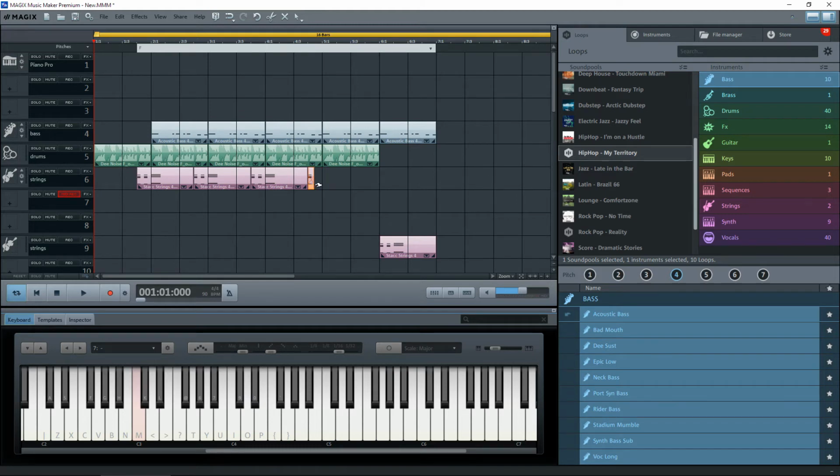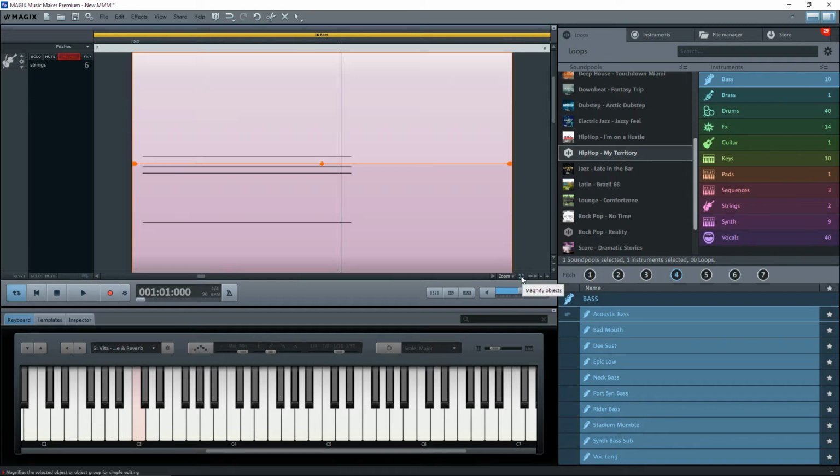See, it just overlaps. And that's simply because these first two notes were originally half bars. It's not a full bar. There's only a full bar between the two, and it won't snap to half a bar. Full bar, not half a bar. And the way to get around that is to highlight that object, click on the magnify objects button again,